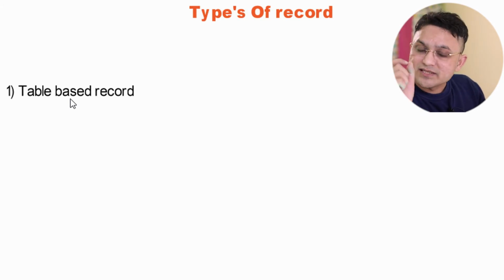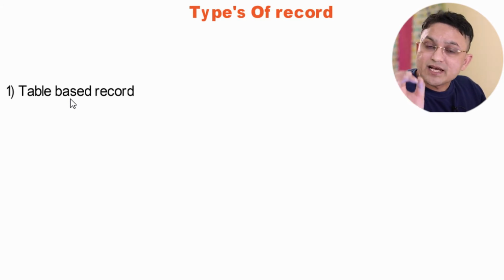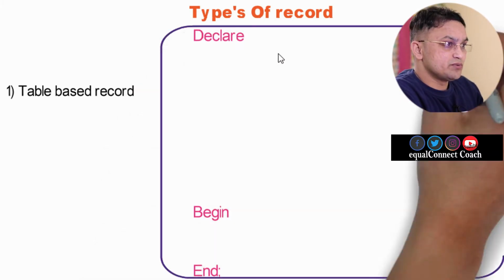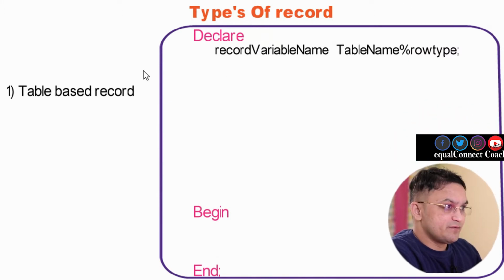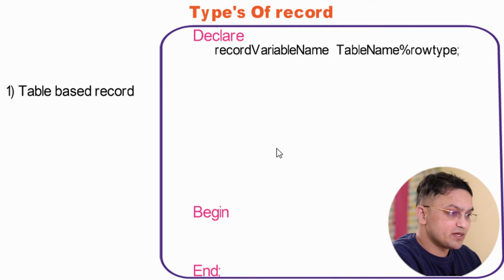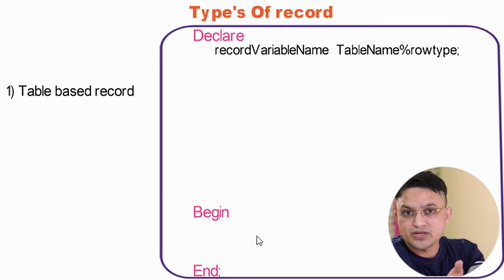Okay guys, and how exactly you can declare and where exactly you will declare, let's see. For that, I need to write one example over here. So this is my PLSQL block, this is my declaration section. Over here you declare the variable, correct, and this is my begin and end. Over here you will write the execution command, correct.